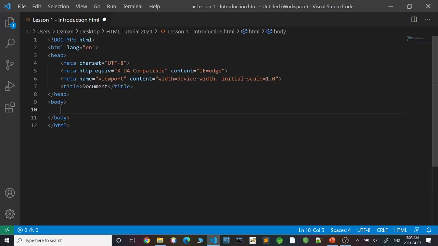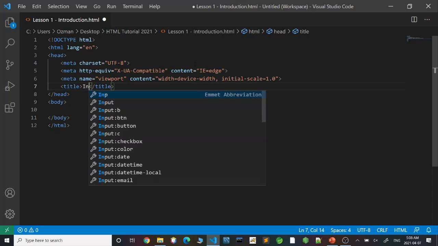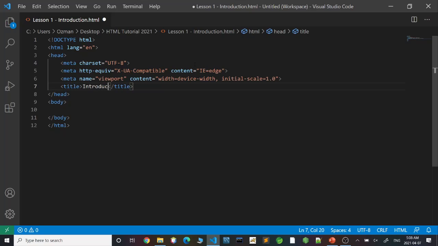In the HTML head, you have the metadata. For now, just keep it this way. This is a standard, and as a best practice, you will need to keep this. As you can see, there is also a title. This title is actually the browser's title. You will not be able to see it on the page. Let's just put this as Introduction, like so. Whatever needs to be shown or displayed on the browser has to be